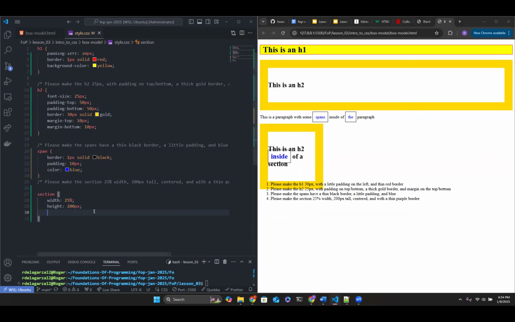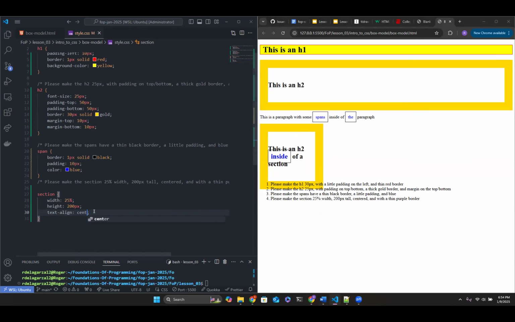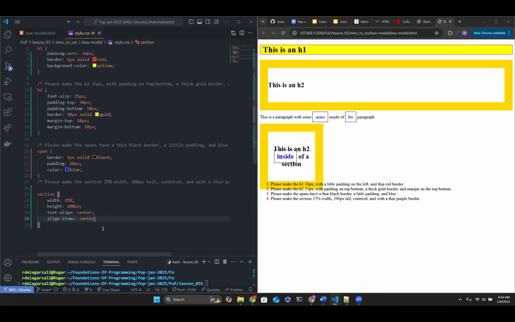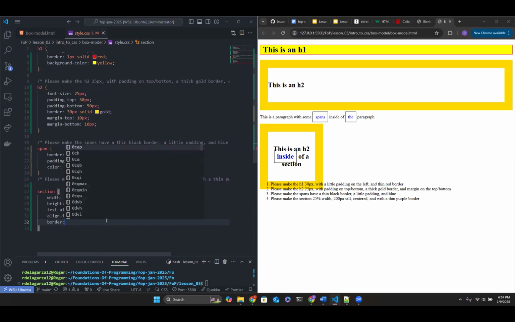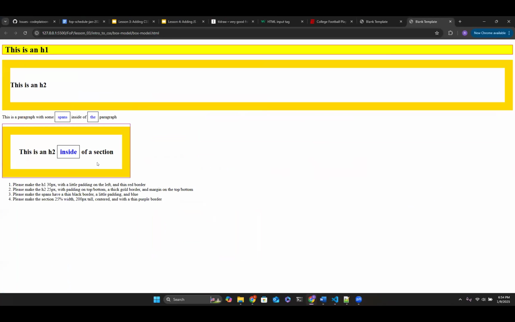Centered, we'll say text align center. And align items center. There we go. With thin purple border. With a border, 1 pixel, solid purple. So we can see it a little better. Okay. Let's open it up. There we go. Now we're seeing something here.